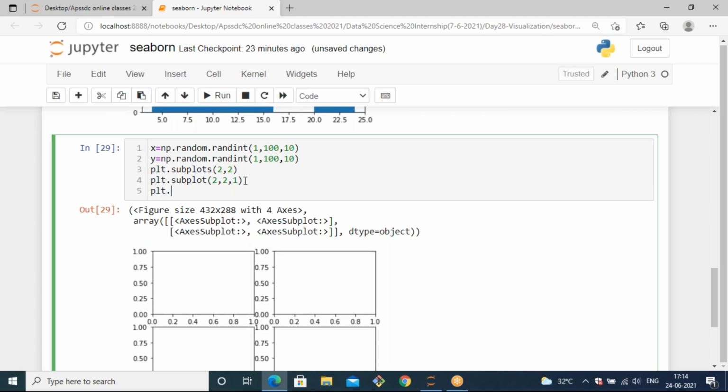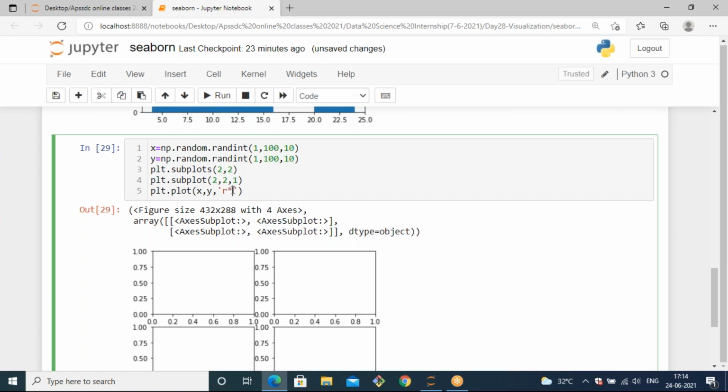So I can specify plt dot plot of, I'm just using a line plot to plot in the first position. So like x comma y, and I can use some kind of label and color also. For color, since it is a line plot, I can use a simple color like r, and I can specify the shape also, and I'm using shape as a star.